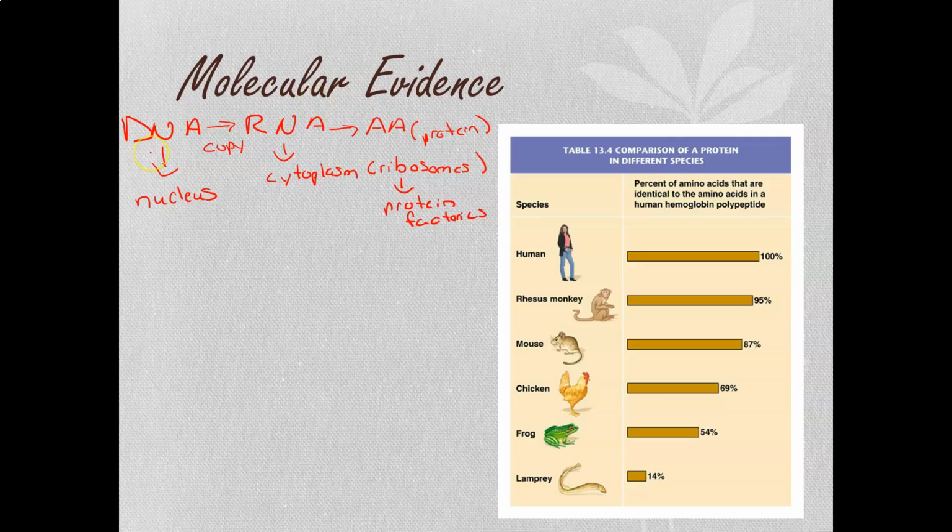Okay, so all three of these molecules are connected. DNA has the initial set of instructions for every protein your body could ever possibly create. The RNA then is just the copy for that particular set of characteristics I want to create that day, and then we turn that into the protein, which is the actual